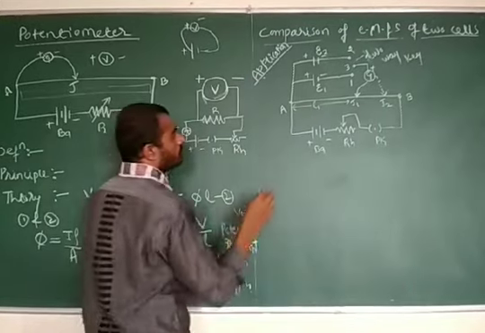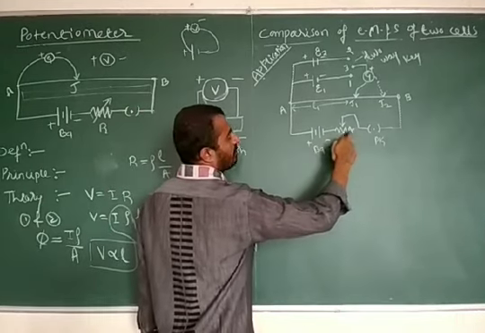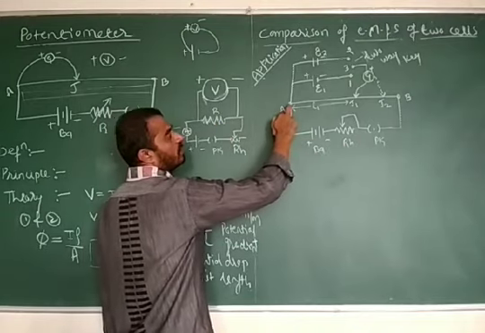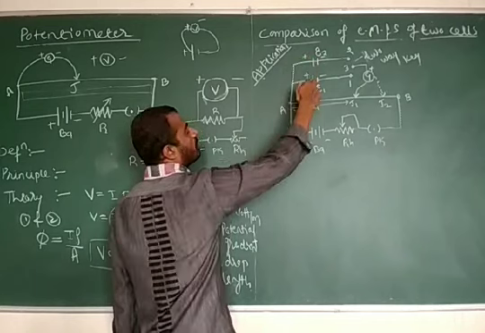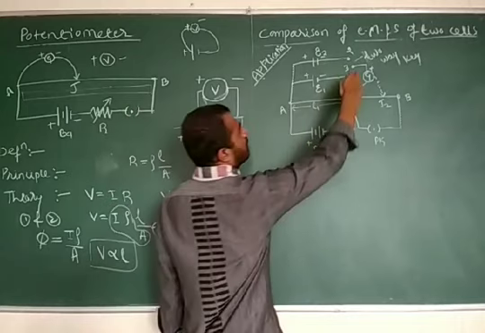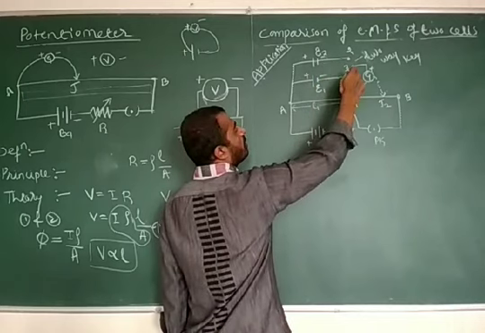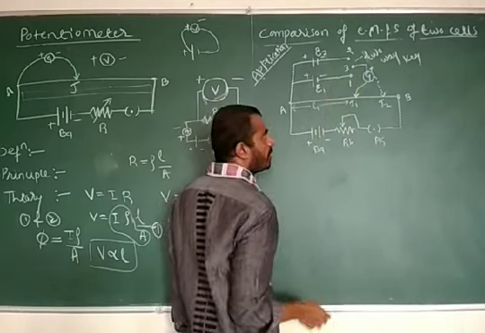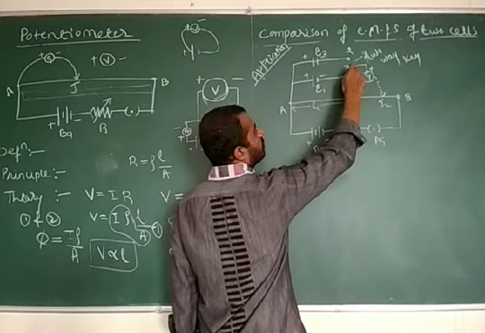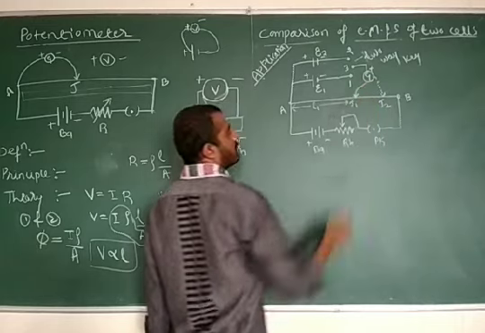Now, all these three are connected. The driving cell, variable resistance and plug key are connected in series at the end A of the potentiometer, and the positive terminals of the two cells whose EMFs have to be compared are connected at the same end A. The negatives of the first cell and the second cell, of EMFs E1 and E2, are connected to terminals 1 and 2 of the two-way key, and from the third common terminal of the two-way key, one wire is connected to the galvanometer, and the galvanometer is connected to the jockey.